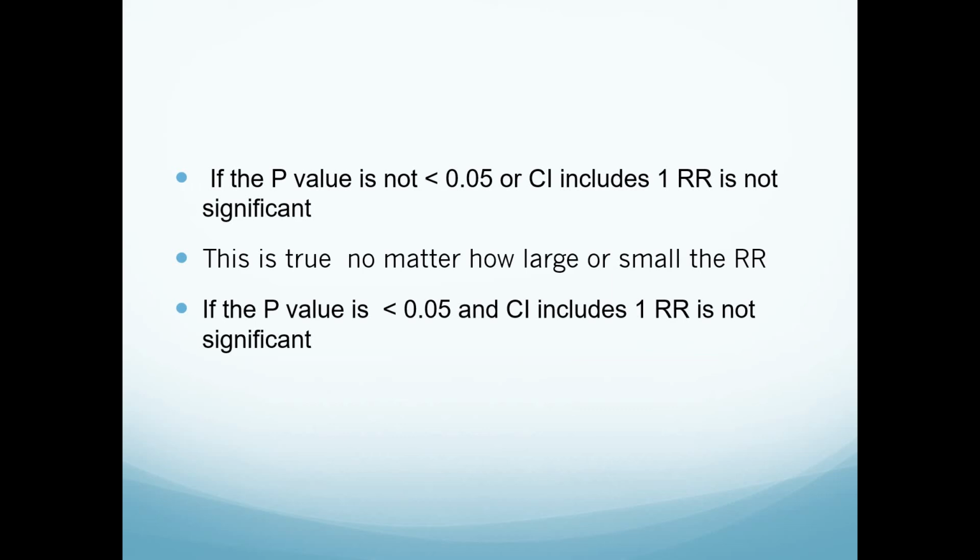So for the relative risk, it doesn't matter if it is more than 1 or less than 1. To be able to interpret it, you have to look at the confidence interval, and the confidence interval shouldn't cross the line of no difference, and the p-value should be less than 0.05. So as we can see, the confidence interval plays a very important role in the interpretation of the study result.